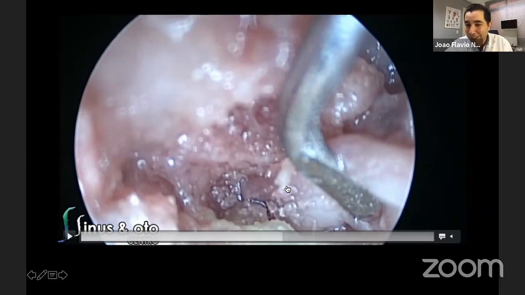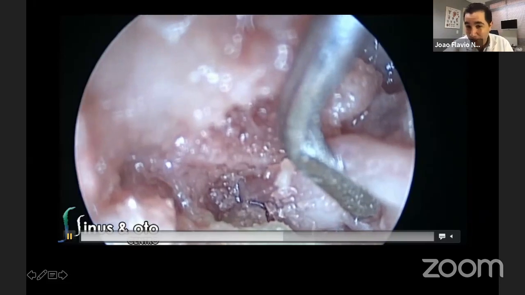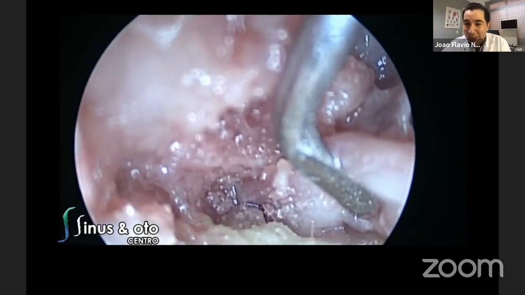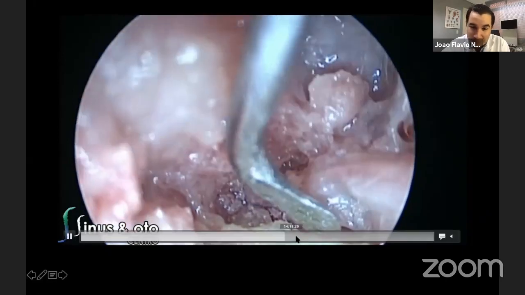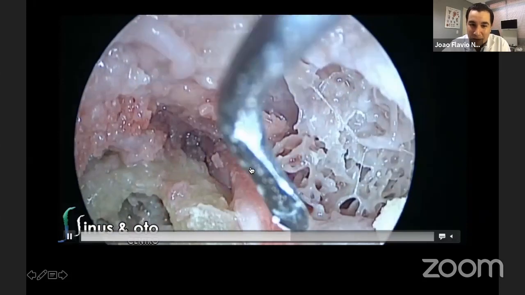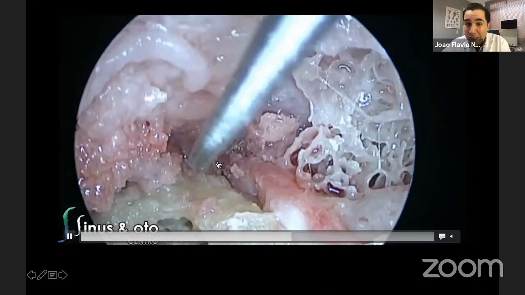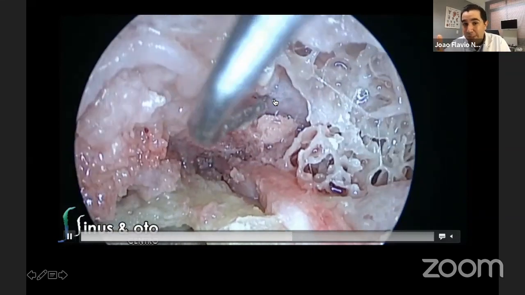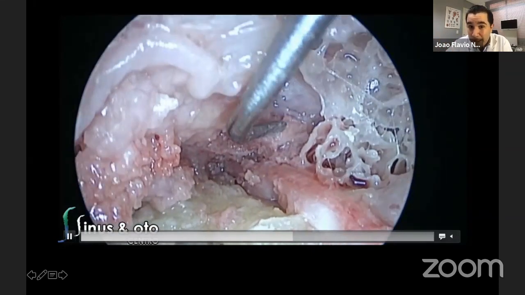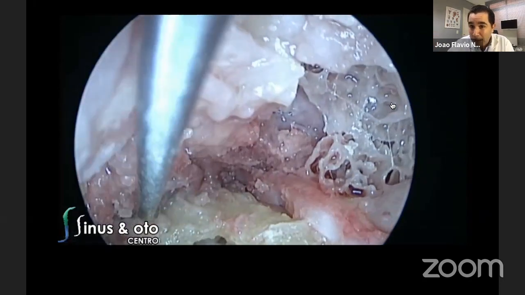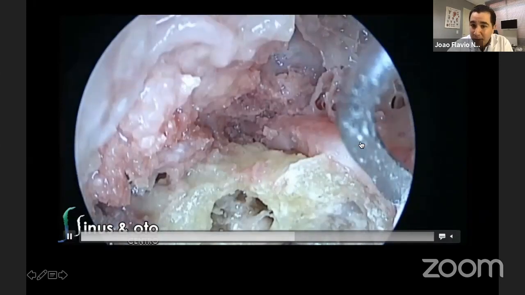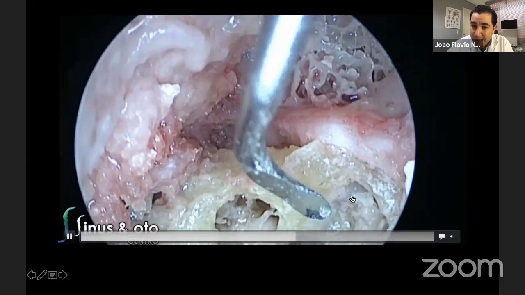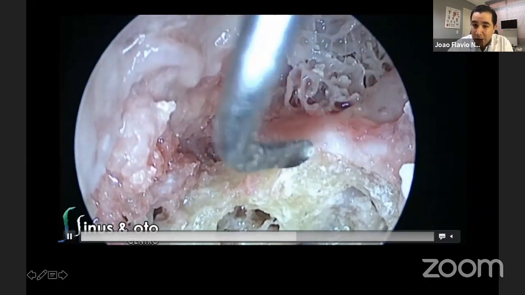So we can see here, and this is a very difficult image to see in a normal temporal bone dissection. Most people don't look for this, and they have never seen this image of the geniculate ganglion and then the tensor fold, and then the greater petrosal superficial nerve. So again, facial nerve, geniculate ganglion, and then greater petrosal superficial nerve, and then we can go to see the middle fossa, because here, as I told you, the dura comes from here and descends here towards the region of the eustachian tube. So we can see the tympanic segment of the facial nerve, vestibule here, saccule here, modiolus here, cochlear nerve,